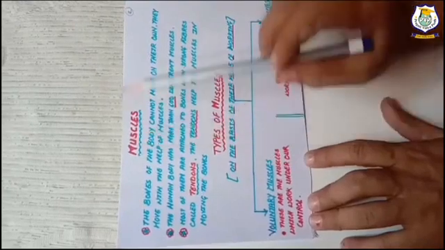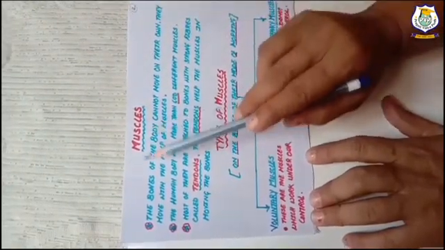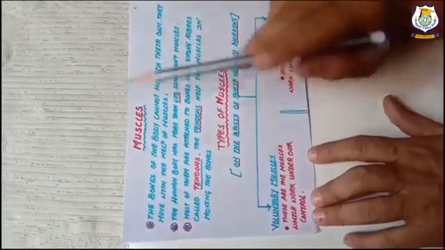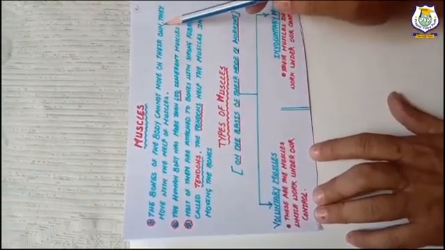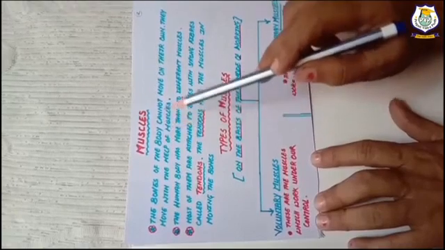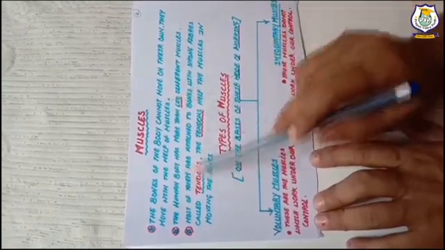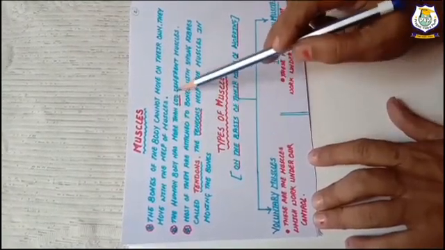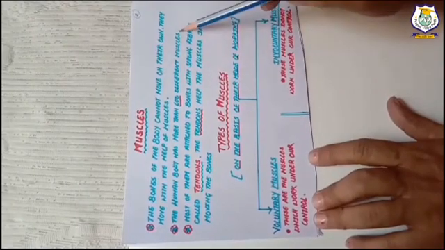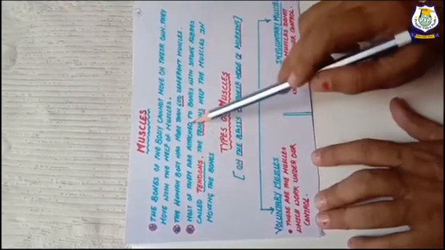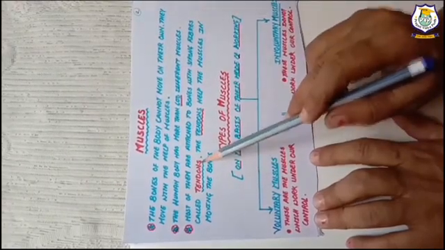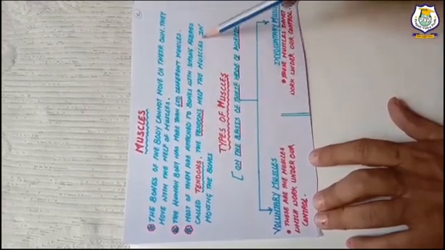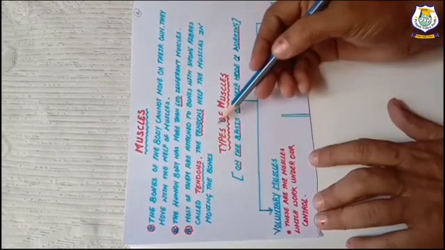As we have studied about the joints, now let's study about the muscles. The bones of the body cannot move on their own. They move with the help of muscles. The human body has more than 600 different muscles. Most of them are attached to the bones with strong fibers called tendons. The tendons help the muscles in moving the bones.